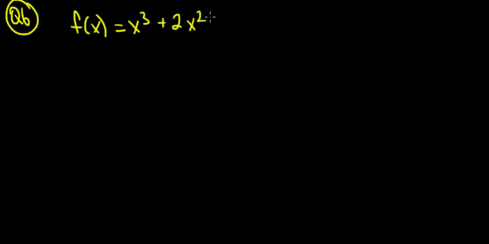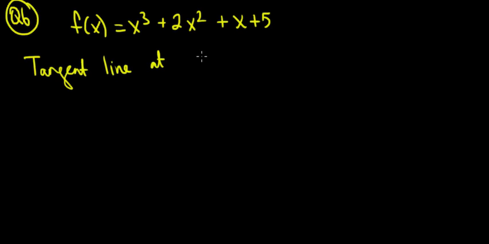Let's solve question 6. So in question 6 we have a function f of x equals x cubed plus 2x squared plus x plus 5. And we want to find out at which points the tangent line to this function at x equals 0 and f of 0 lies on the graph